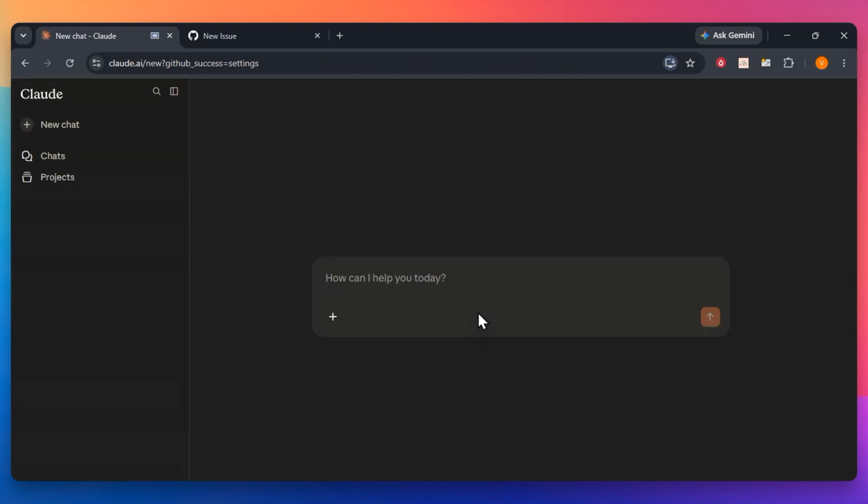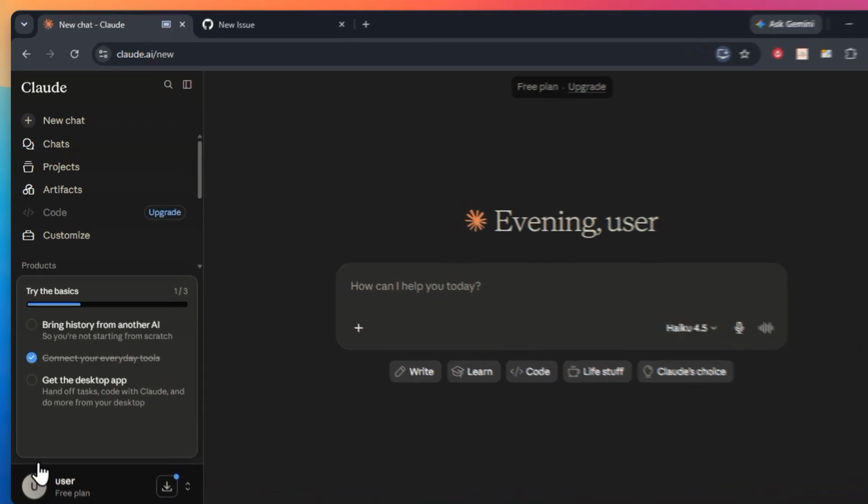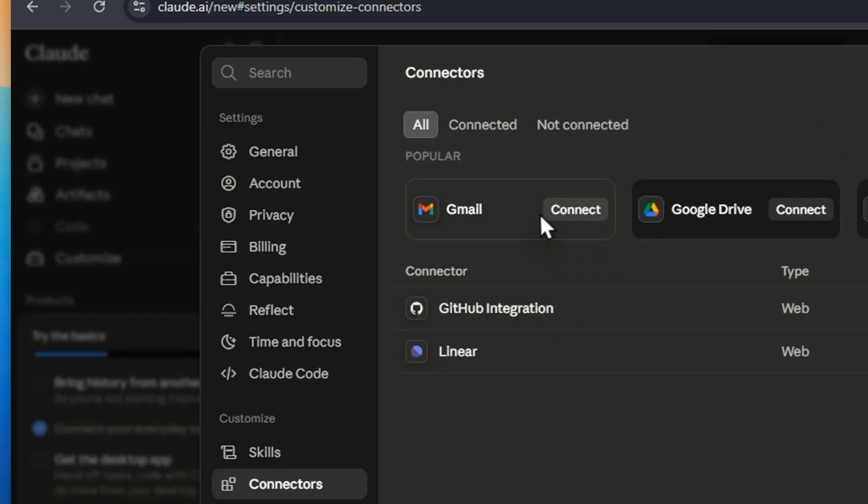Now, switch back to the Claude settings page where you were before. Click the connect button next to GitHub and follow the standard authorization prompts. By forcing a fresh login on the GitHub side before reconnecting, you resolve the underlying credential mismatch that usually causes